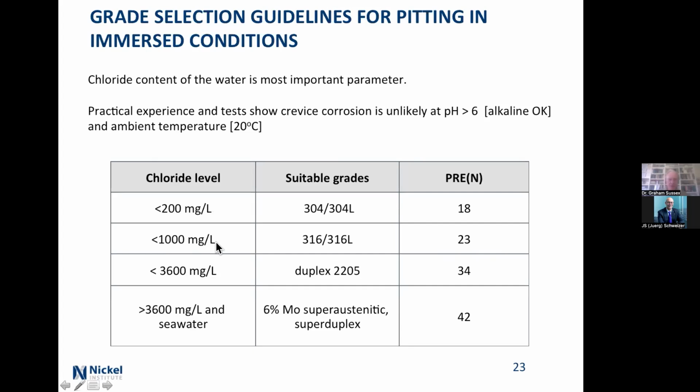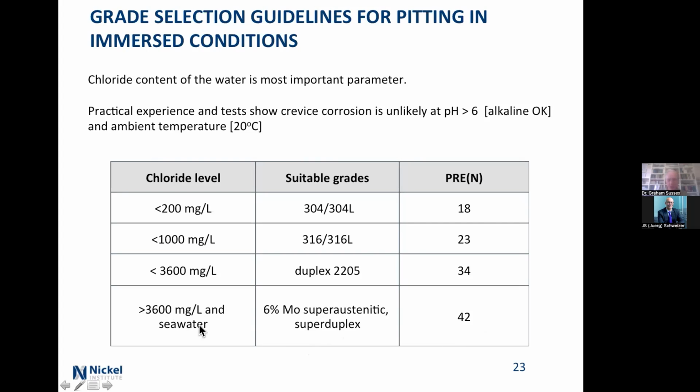The only two states where you may get up to levels where the 304 won't work for water supplies are Western Australia and South Australia. There are a couple of areas in Brisbane where you might have troubles, but if you're going in the outback, then yeah, you need to be careful. If you're talking about duplex, 3,500, and if you're talking about the super austenitics or super duplexes, PRE more than about 42. They've got to be more than 40. And that would be for really brackish waters or seawater.